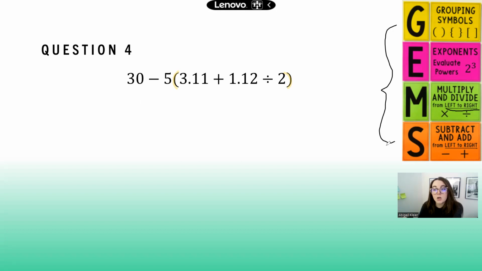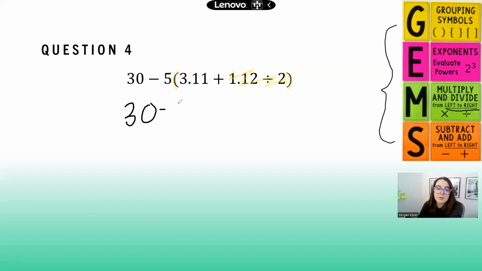Here's where the rest of our GEMS is going to come into play. We have the operations addition and division. Division comes before addition. So we need to go ahead and solve that division problem first before we solve the addition problem. So I have 1.12 divided by 2, and this leaves me with,